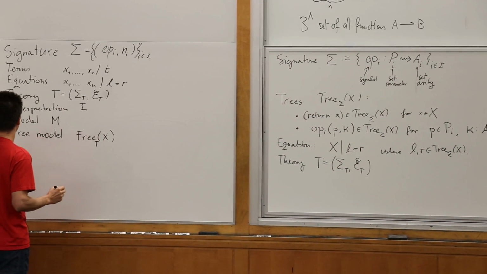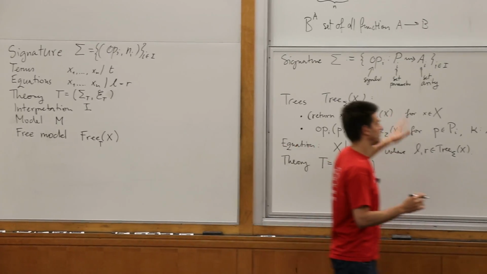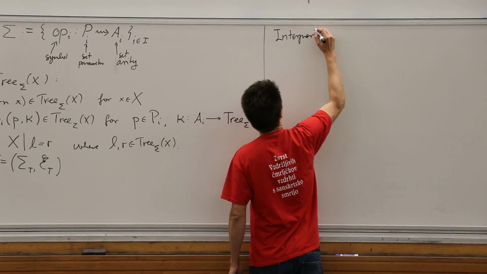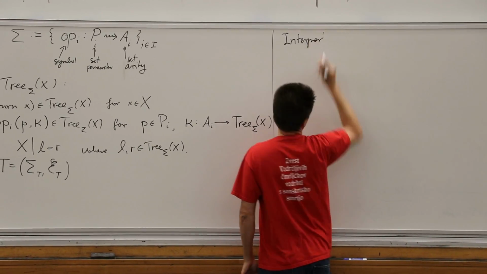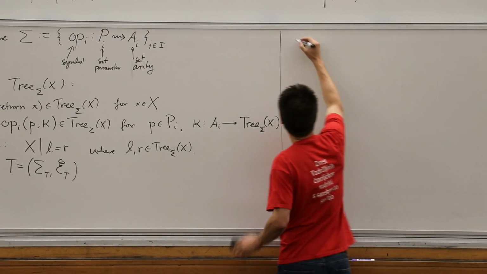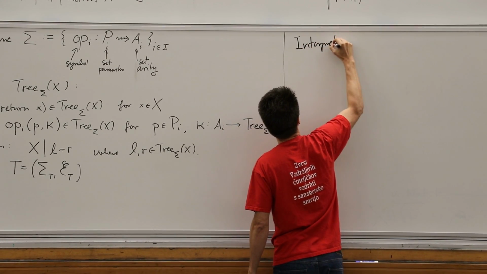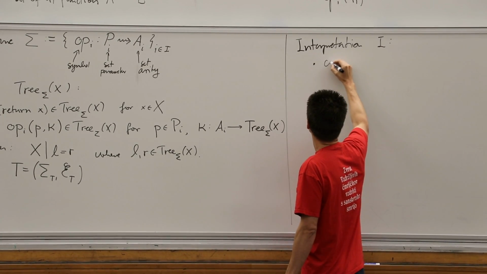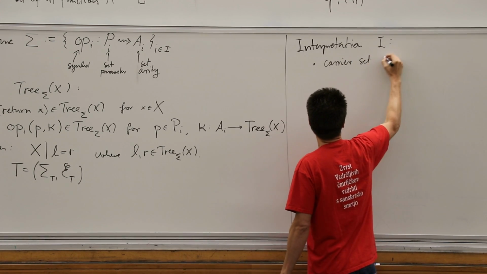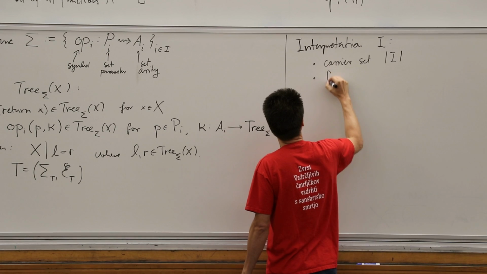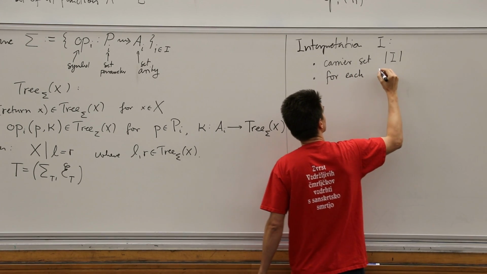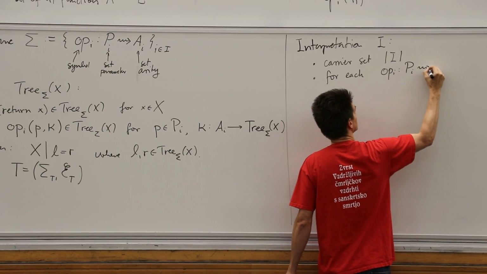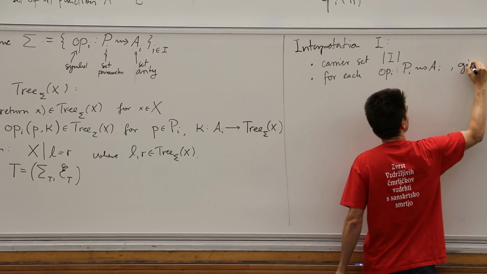Okay, how about interpretation and model? Let's write that down, just so we can practice these kappas here. So an interpretation, what do you get? Well, again, you give a carrier set, which I write like this, and then for each op I, and now I can start using my notation like this, give a map